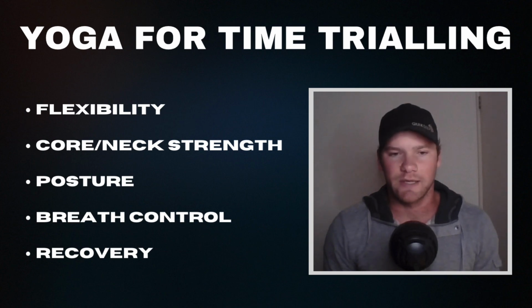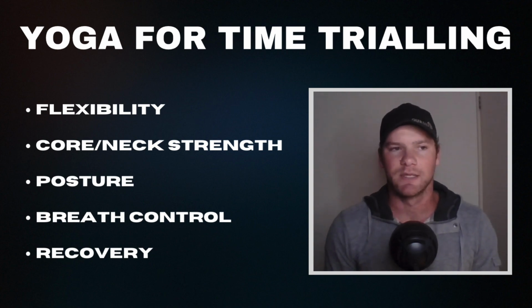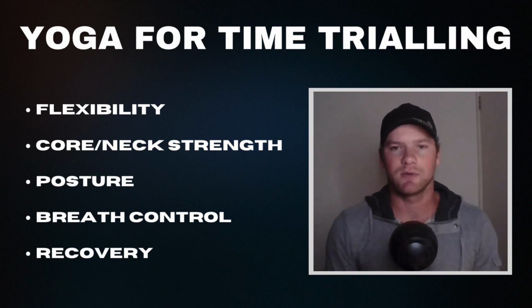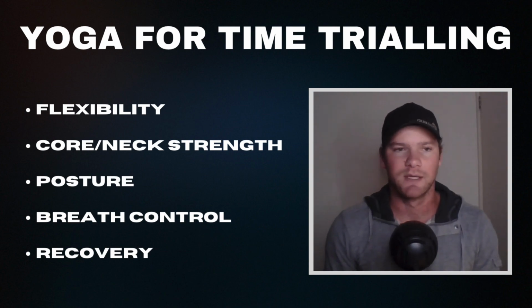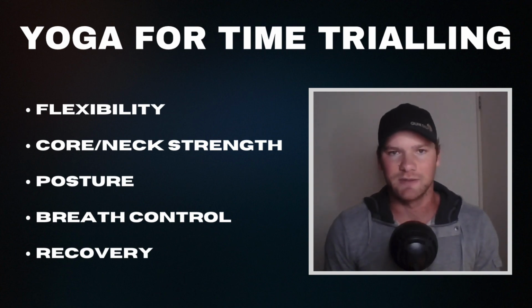time trialing. When I was training for my 12-hour time trial, one of the things that I think really helped me, not with my fitness particularly, but as a byproduct of my fitness, was being able to maintain a position comfortably for that longer time. And I think one of the fastest ways, without even worrying about your training, your fitness, your FTP, anything like that, one of the fastest ways you can become quicker over the course of a 90-kilometer half Ironman or a 180-kilometer bike ride in an Ironman is to be able to hold your position for